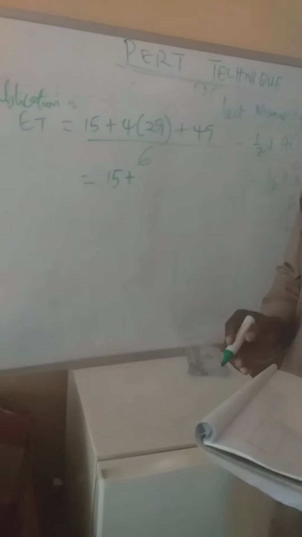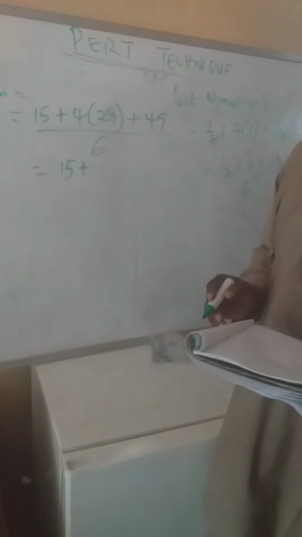So you're going to have 15 plus 4 times 29. 4 times 29 is 116. Plus 49. All over 6. I mean, add it up, that's 180. All over 6. And this one will give